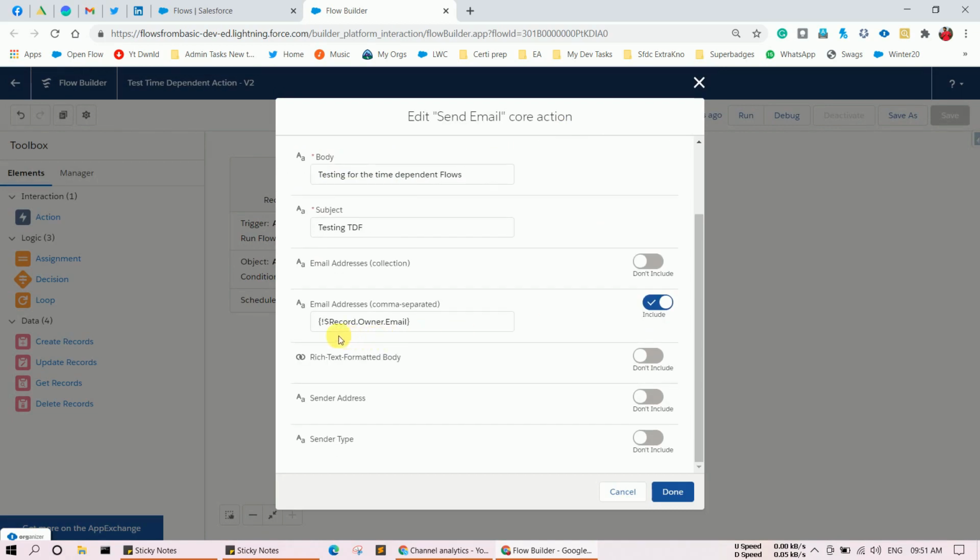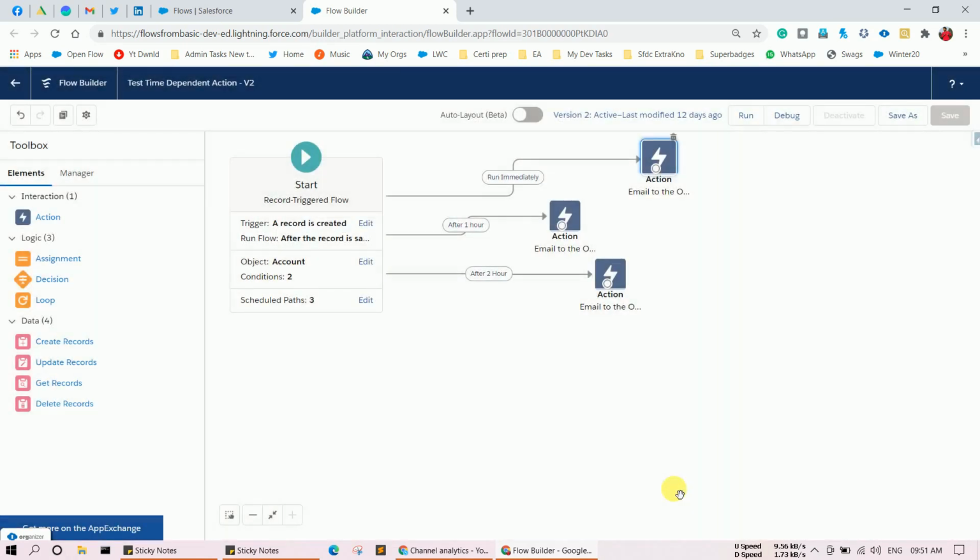I simply provided record.owner.email. So basically I am going to send an email to the owner of the record. As you can see, run immediately, after 1 hour, after 2 hours. So basically these are 3 different actions which I have to perform at different hours.